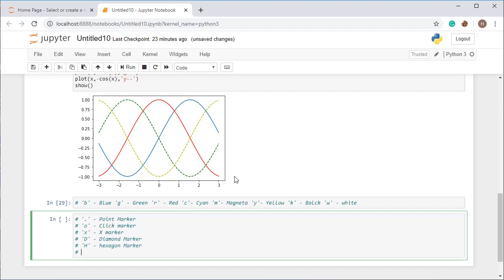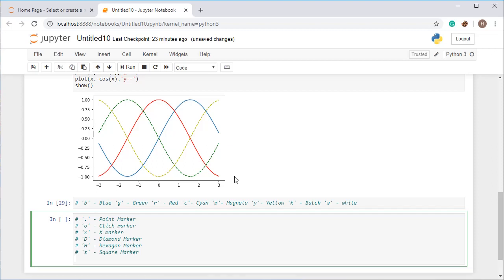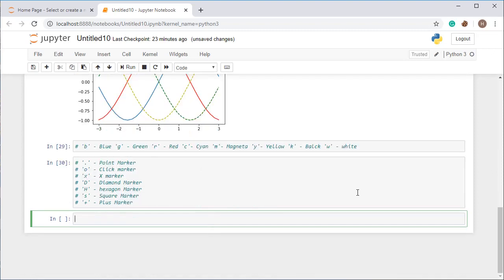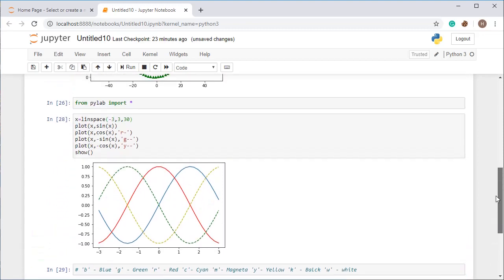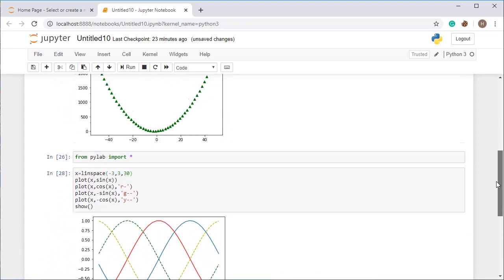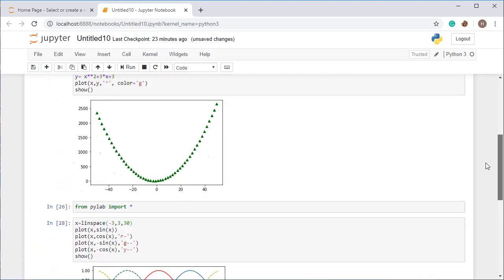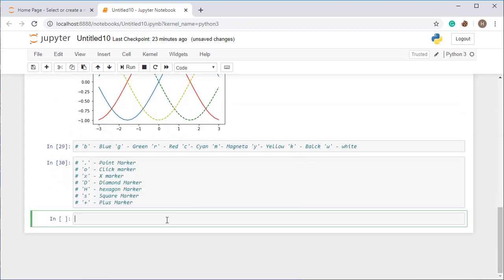All right. A small s, there are two more things. A small s for a square marker. And you can also use the plus symbol for a plus marker, as I have shown you the plus one. So let's see all these things first. Then we will move on to the different ones. I have already shown you the plus symbol. Now just make a sine graph and we will get familiar with that one.